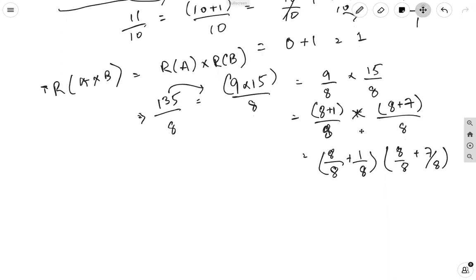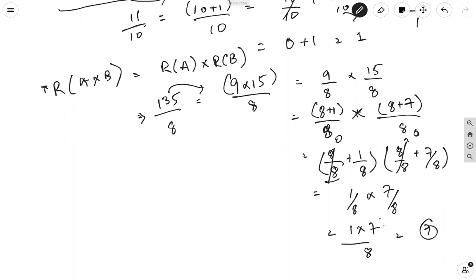right? So in this case, what will be the remainder? 0. In this case, what will be the remainder? 0. So we are left with 1 by 8 into 7 by 8. So the remainder is 1 in this case and 7 in this case. And just keep dividing until the dividend is less than the divisor,